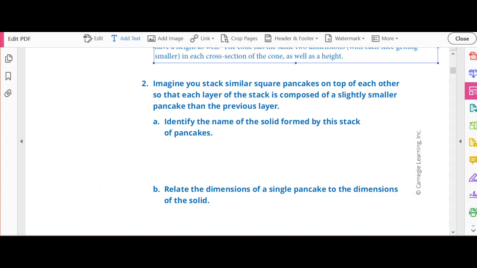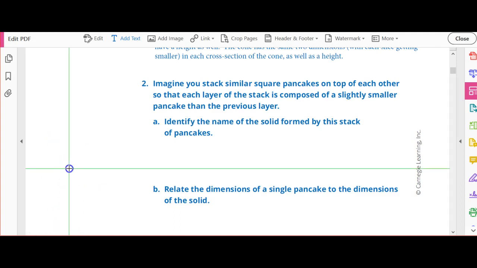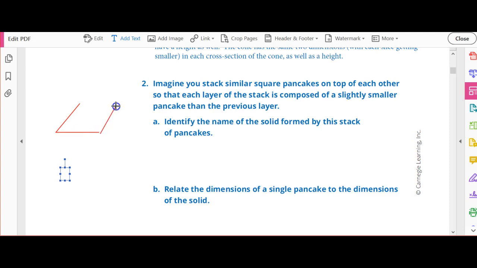You know what? Let me start that again. I'm going to draw it on a diagonal, even though this is a square, so we can just see. Imagine that this square pancake is sitting on the counter. It's actually a square, but just because of how it looks to us and the angle that we're looking at it. So if I kept stacking similar but smaller pancakes on top of it, what shape would that